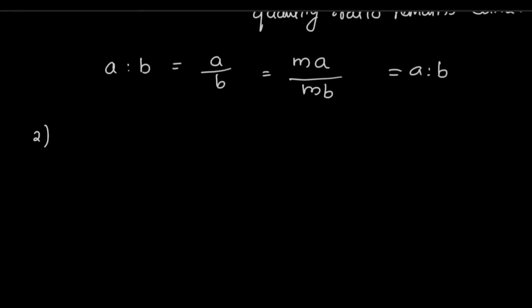Next is the second property, that is the reverse. That is, if we divide the antecedent and consequent by a non-zero number, then also the ratio remains the same. A is to B, we can write like this: if we